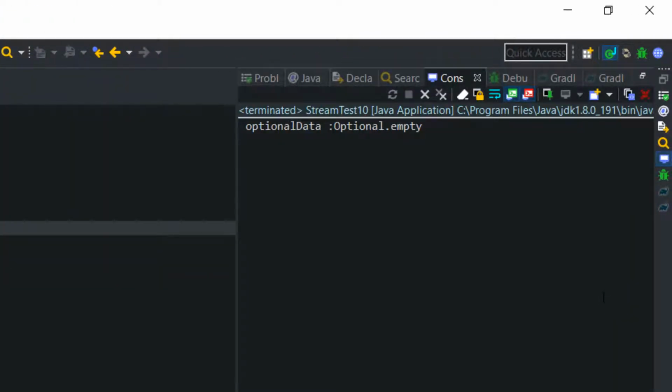Now you can see that optionalData carries an empty instance of Optional because the data variable has a null value right now.